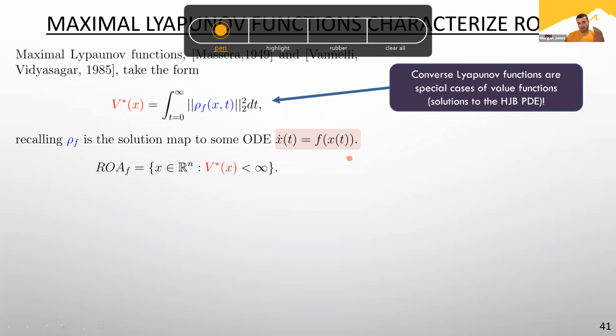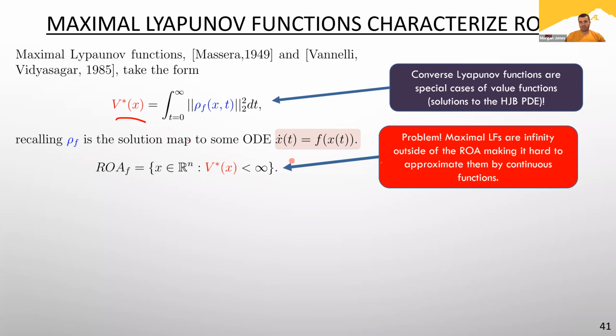But the problem is this converse Lyapunov function is unbounded outside of the region of attraction. So it takes values of infinity. And you can't use sum of squares programming to approximate unbounded functions because polynomials are continuous and unbounded functions are